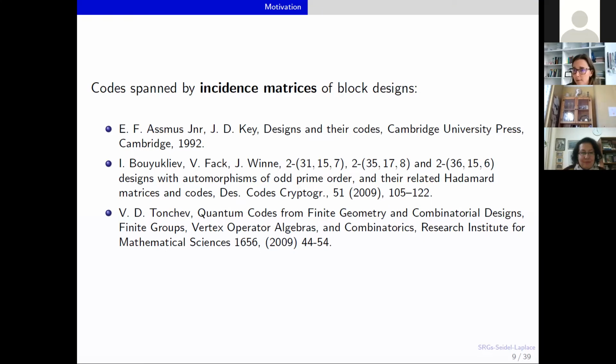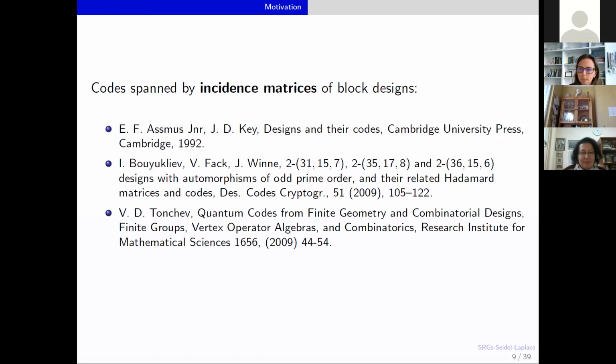And you can find them, for example, in the book Designs and Their Codes. It is very nicely written about codes that are spanned by incidence matrices. Some of the nice results that I'm emphasizing here are those obtained by Boyukliev, Fak, Wiene, in which they were interested in 2-designs or block designs with these parameters, and codes obtained from these designs